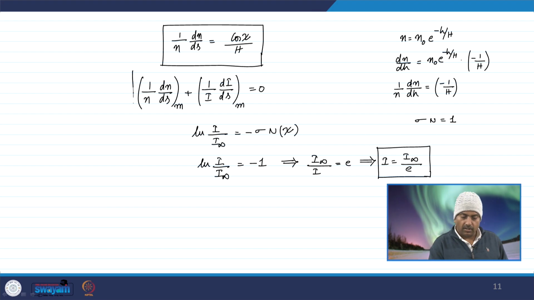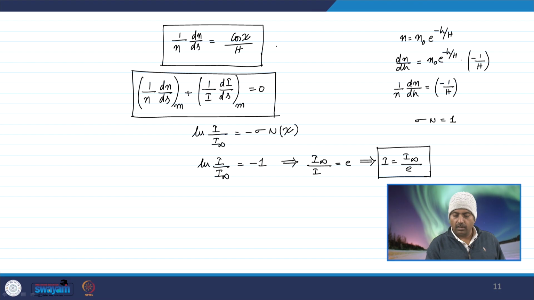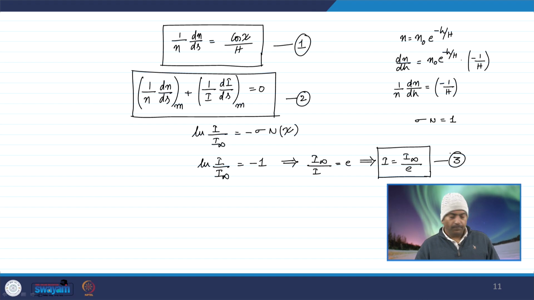Okay. So, we have these three expressions from the last lecture, let us say we call them 1, 2, 3. So, radiation by the time it reaches the peak production height decays to 1 by e-th of its original intensity. Okay. Substitute all these things into equation number 2, we can get